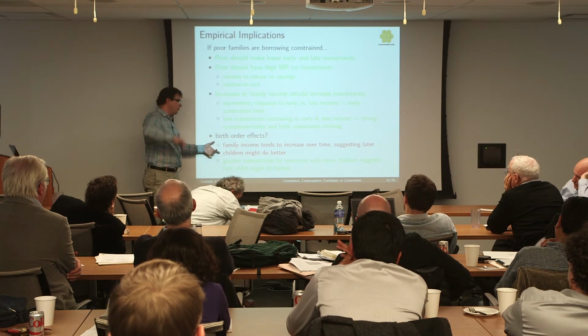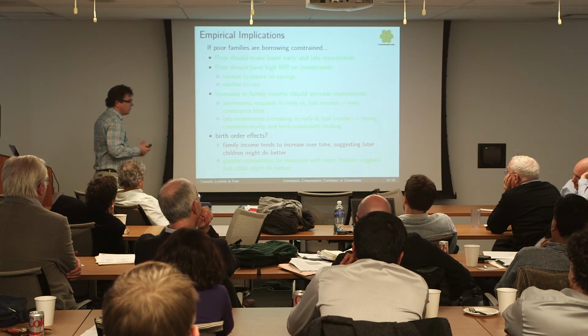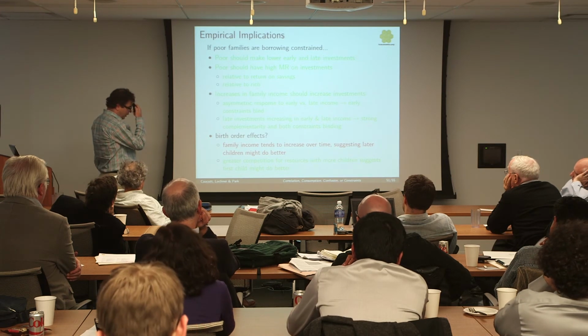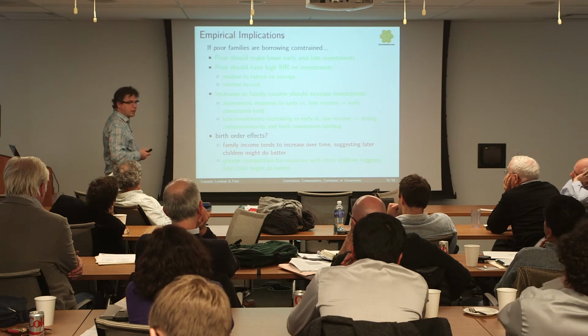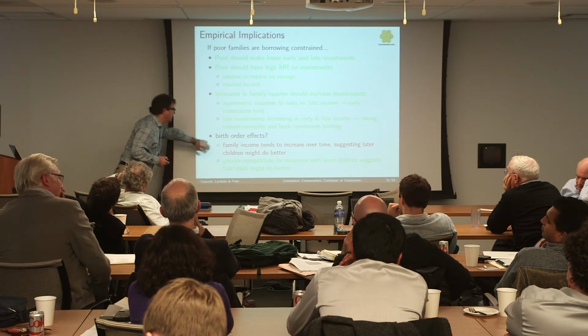Families with very steep profiles, it's possible that the second kid could do better. So one could look at that. I haven't seen the birth order effect look too much at that, which I've started to try to look at in the data, but I haven't gotten very far yet. So I'm hoping to bring some evidence that might tell us how important each of these might be.